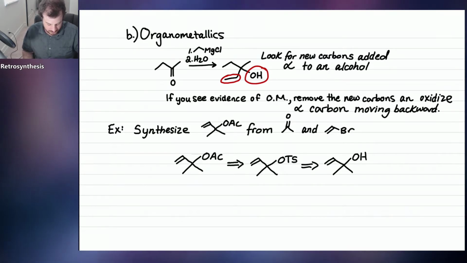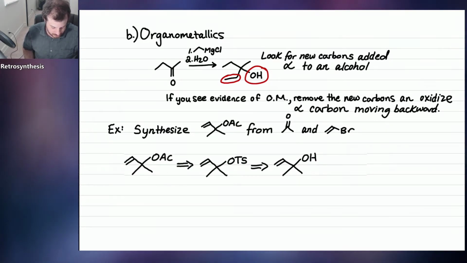Now we have an alcohol. When you get to the alcohol, look for evidence of organometallics, because remember, organometallic additions make alcohols. And what I can see here, I've got my ketone there in purple, and I've got my alkene there in green. And what I can see is I can see the pieces of these molecules in my current state. I can see the green alkene right there, and I can see the 3 carbons of the acetone right there. Can you see that? And what you want to recognize is that there is a new carbon-carbon bond at that position. So what do we do moving backward,